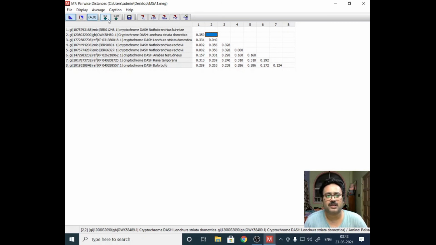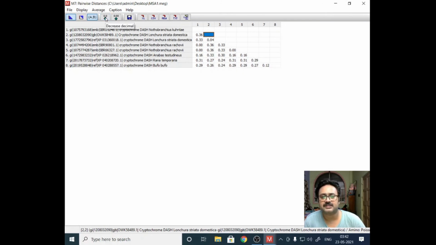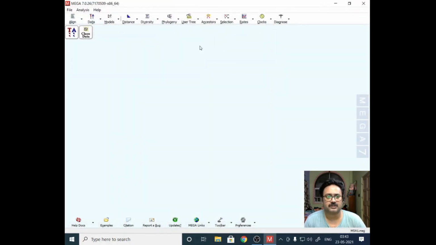You can change the decimal. So here you can decrease the decimal, as you can see, or you can increase the decimal, depending on what kind of data you have. And this is how you can export them: as an Excel file, as a CSV file, as a MEGA file, as a text file, and all those things. So this is another kind of study you can do.